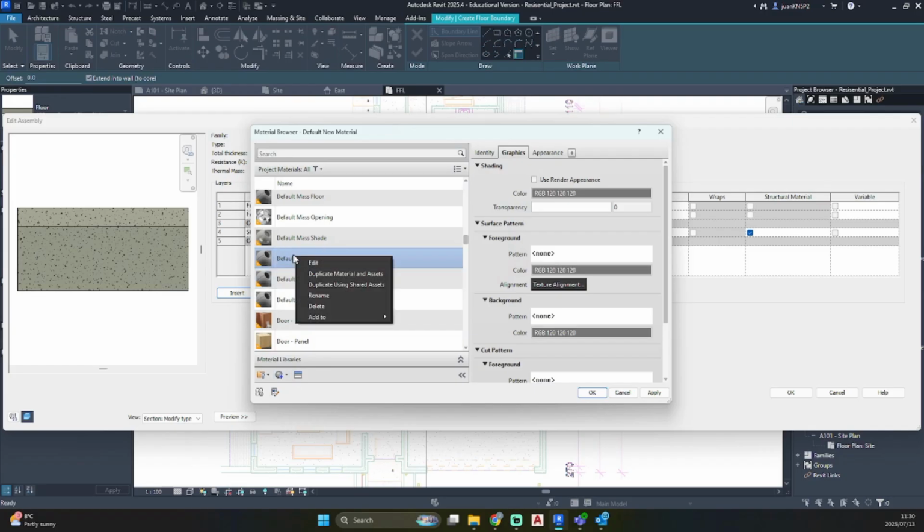Right click on the material and go rename. We'll call this new floor slab. Let's just call it new 85 millimeter floor slab.